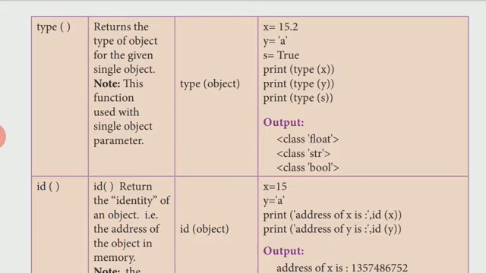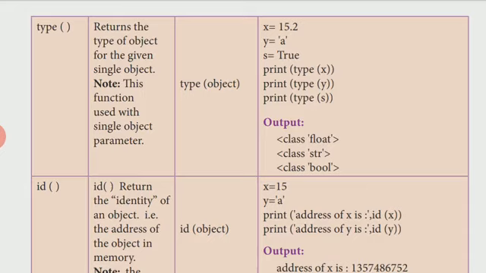The output is displayed: class float for the first. Then type of y, class str, that is string. s equal to true, print type of s, class bool, like that.